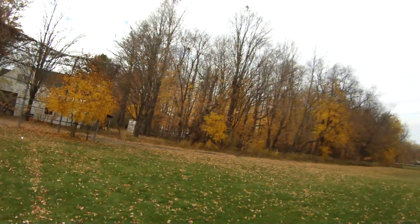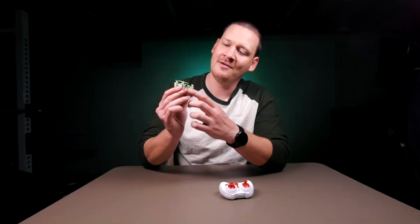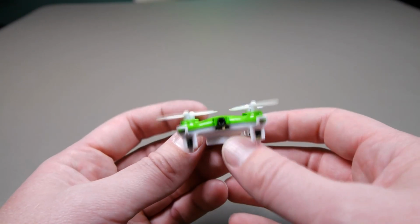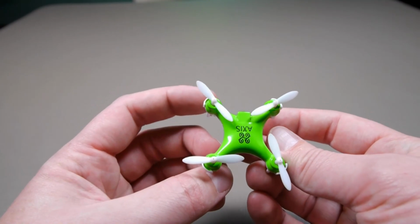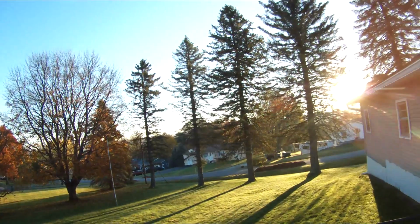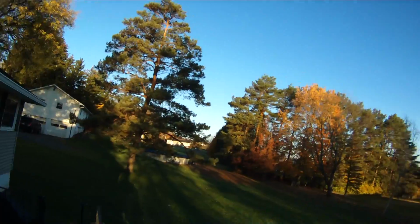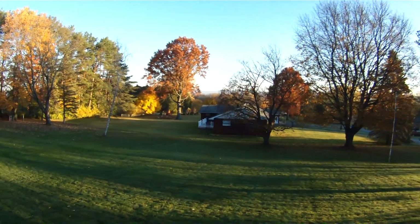People have asked me if it's a Cheerson CX-10 clone, and it definitely has the body style aside from the charging port, which is more of a circular thing. I've never actually seen a charging port on a quad like this, so that's interesting. Definitely tells you they got something different going on inside than in the CX-10, and it definitely flies way different than the CX-10. This one is a lot faster,